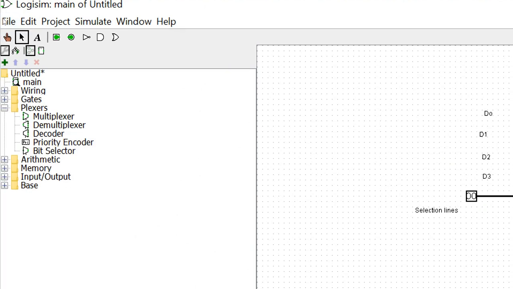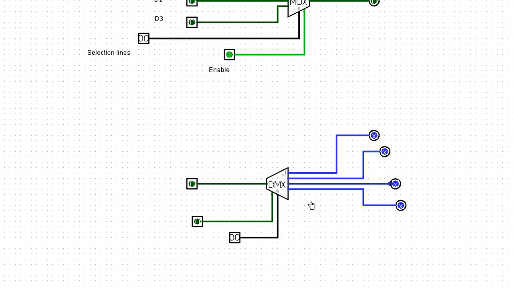So now I will verify the operation of the demultiplexer. First I enable the demultiplexer. Now see, 0 0 is the selection line, so whatever input is there, that is outputted through the first output line. If I make this one, you can see you are getting output from the first output line only.